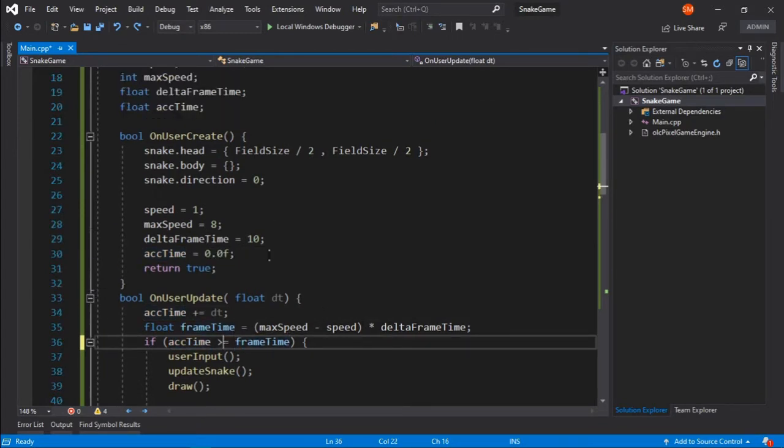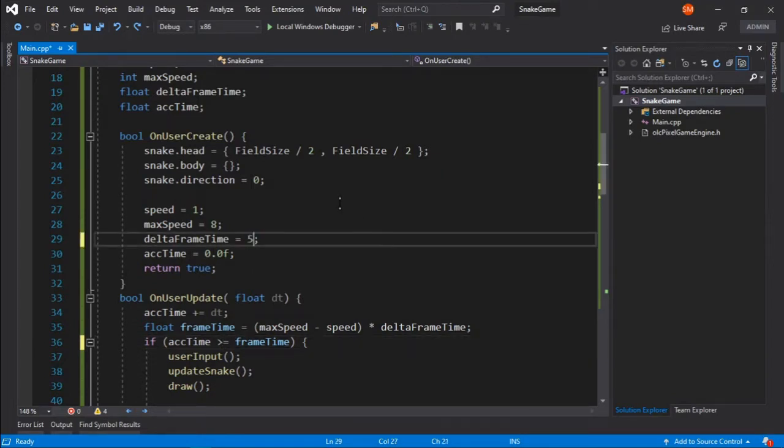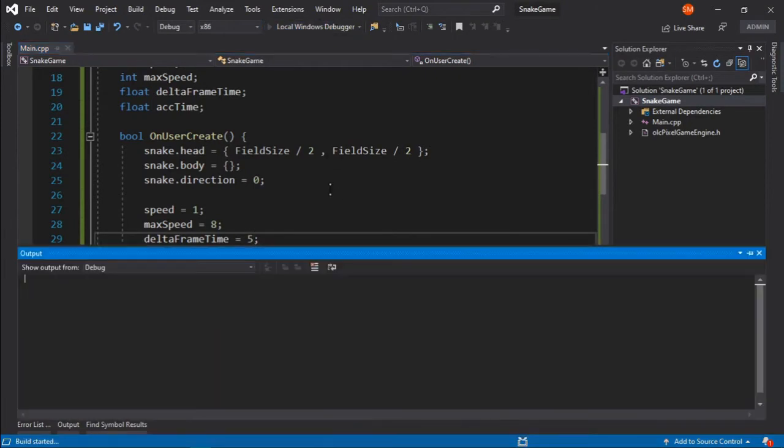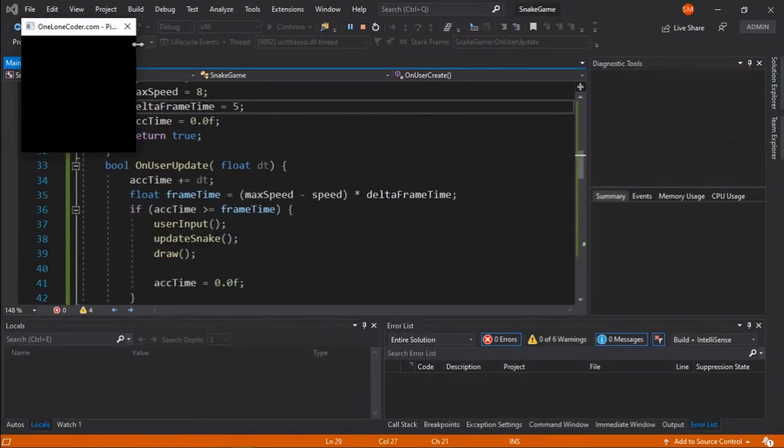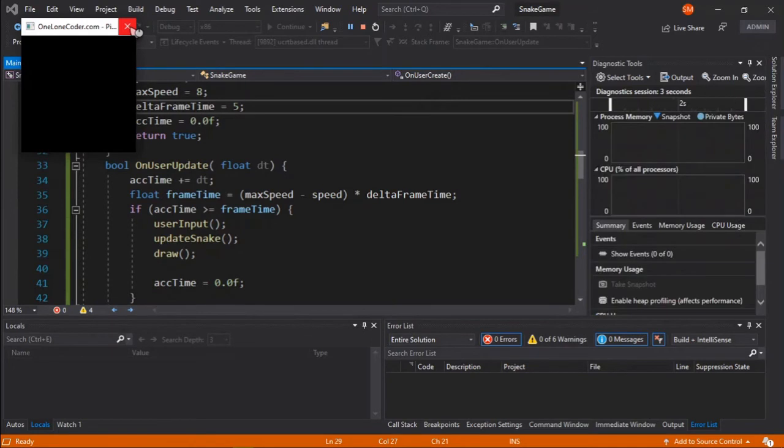Set our frame time to a smaller value, so let's say delta frame time equals 5 here. Let's run this code once again, and once again we see a black screen for no reason.